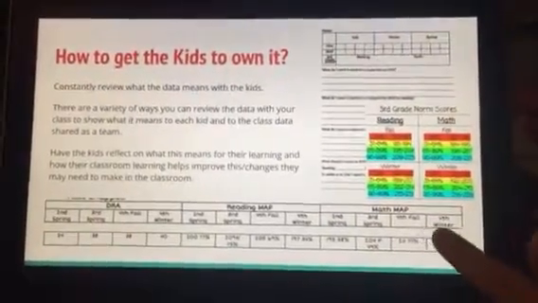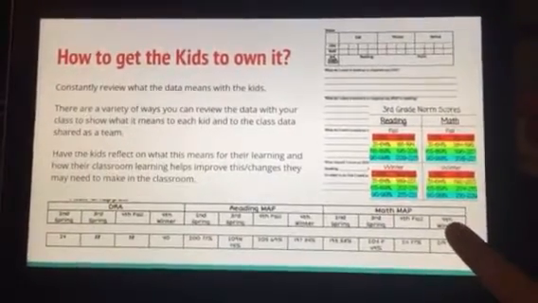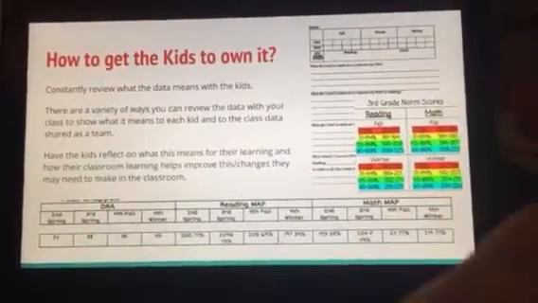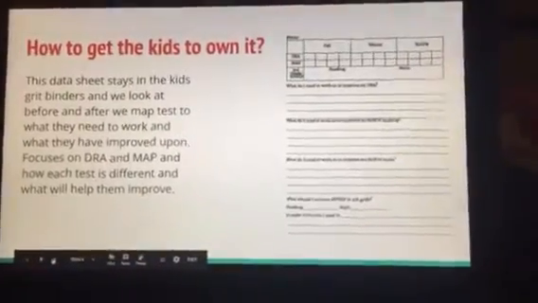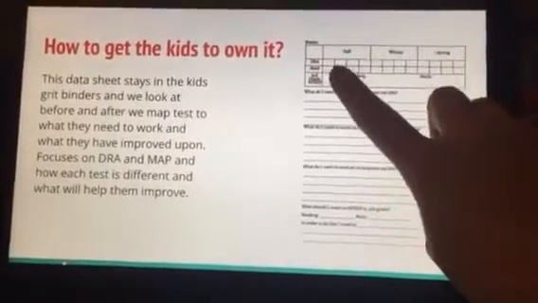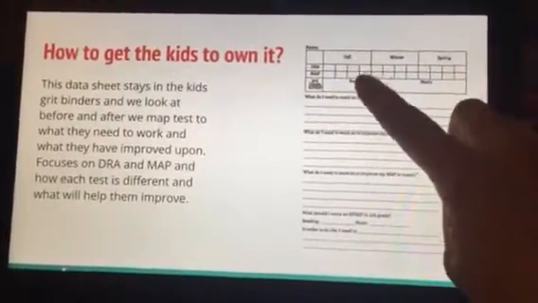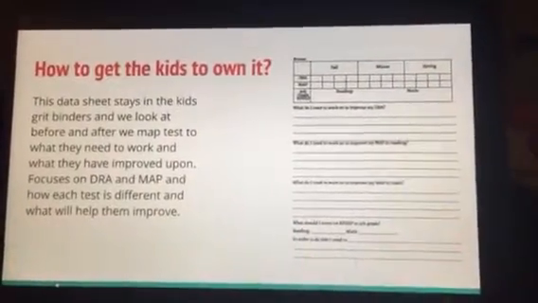And then this is something new I started this year, to help the kids reflect on their own data. So let's look at each one a little more closely. On this sheet, I put the kid's name at the top, and then I put their DRA and their MAP score and their percentile. Since they're in 4th grade, I put their reading and math K-Prep. And then when we confer